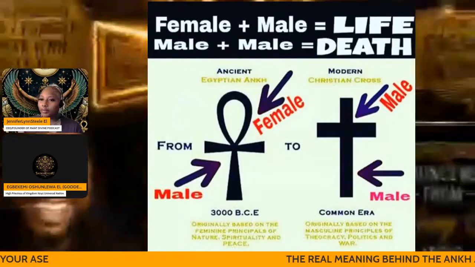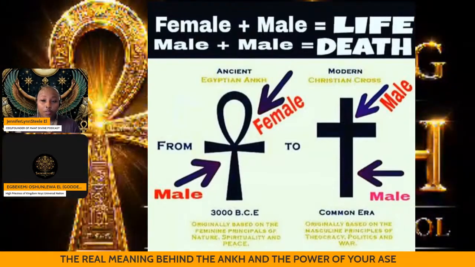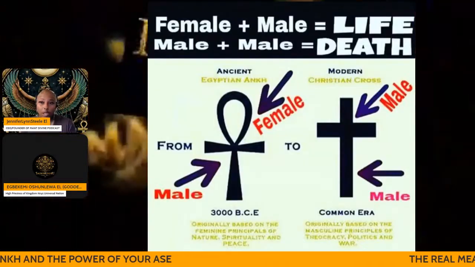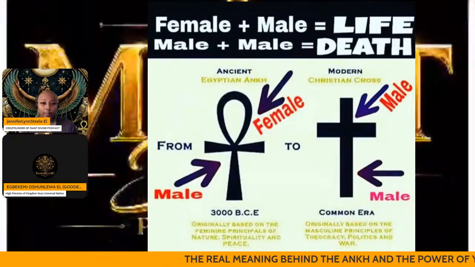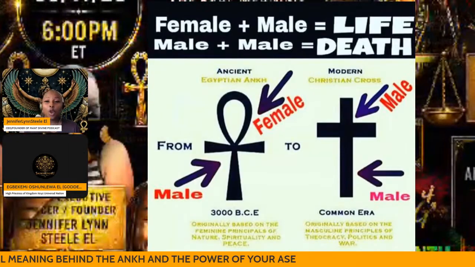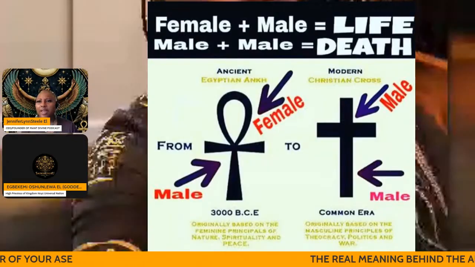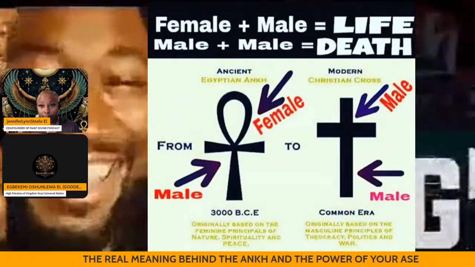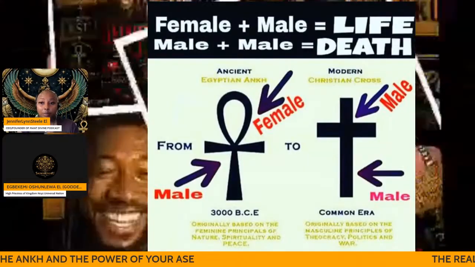So what is the Ankh? The Ankh is one of the oldest sacred symbols known to humanity. The Ankh is the key of life, the woman, the divine creative force. When we speak of the Ankh, we are speaking about one of the oldest spiritual symbols known to humanity. Long before Christianity emerged in the first century, the Ankh was already being used in Kemet, which is ancient Egypt, for thousands of years as the symbol of life, eternal existence, divine energy, and spiritual awakening. The Ankh was not originally a symbol of death. It was a symbol of life.